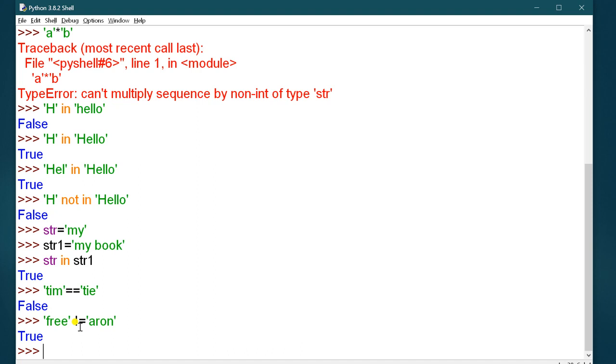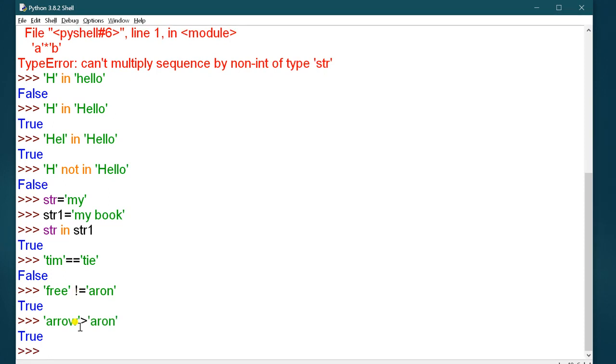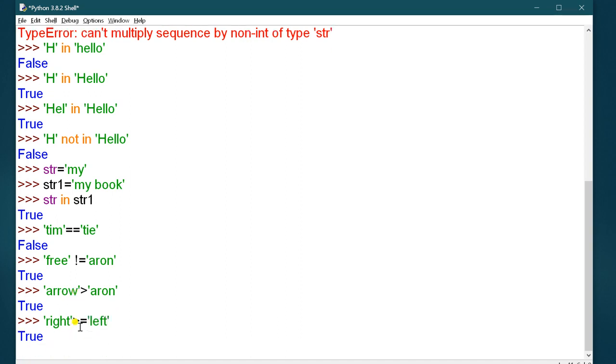Next, if I write arrow is greater than arrow, then it will give you true. Next, if I write right is greater than or equal to left, then it will also give you the true value.